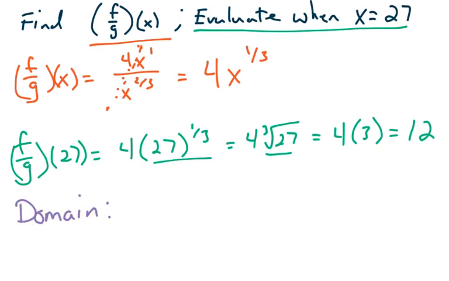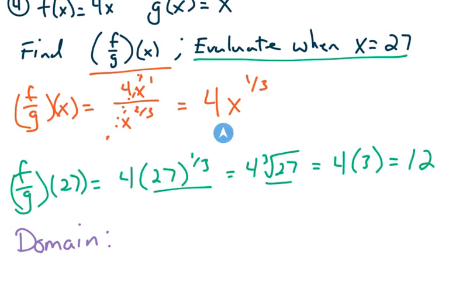State the domain. Now, 4x to the 1/3, we can have any x value there because we can raise any number, or we can take the cube root of any number. But when we look at our original expression, we have an x in the bottom. There's a number here that you cannot divide by. If this bottom number is 0, then it's undefined. It does not work. Okay, so what we can say is our domain here is all real numbers except 0,